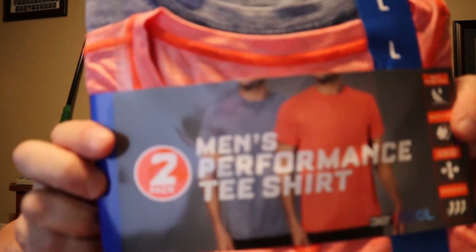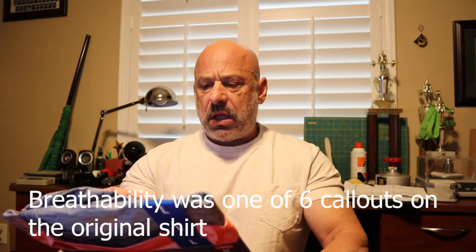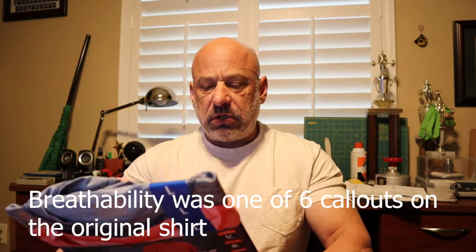Based on the package, we see that the models that are wearing it, they're wearing it as a primary shirt, so it's not a base layer in the least here. We still have the original soft hand, and that's one of the call-outs here on the package, besides quick dry, stretch comfort, and breathable, which breathable was not a call-out, if I remember correctly, on the very first one that I reviewed. This shirt is poly spandex 93.7, and that one I want to say was 85.15, so it had